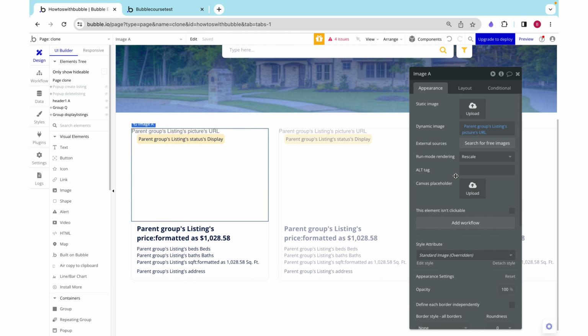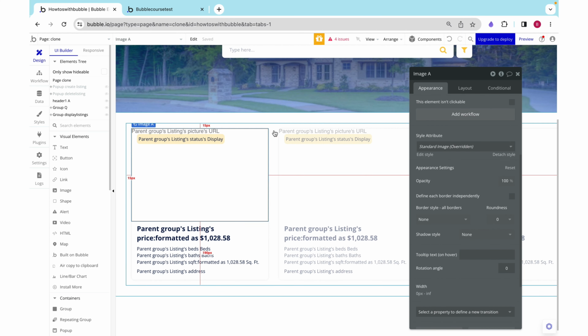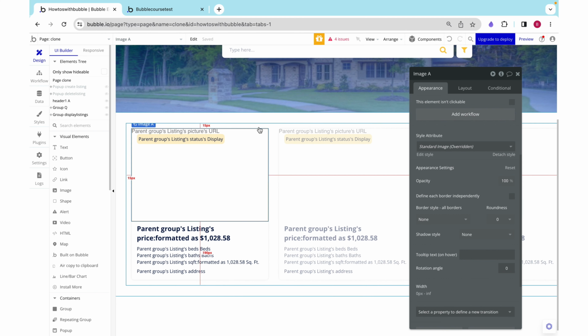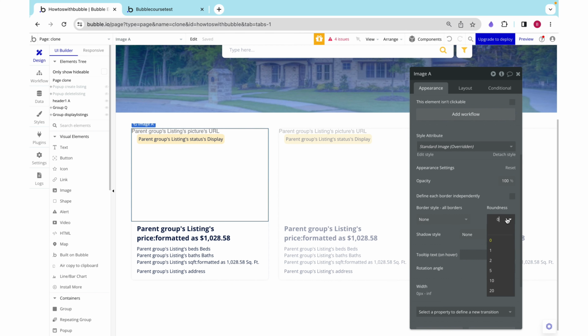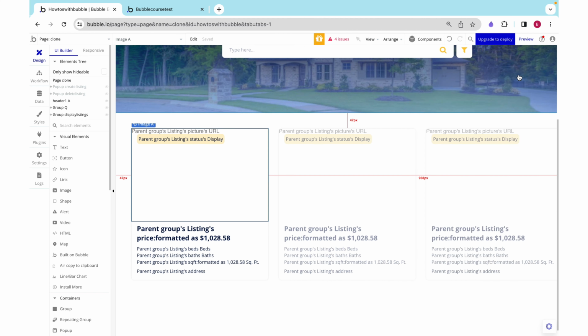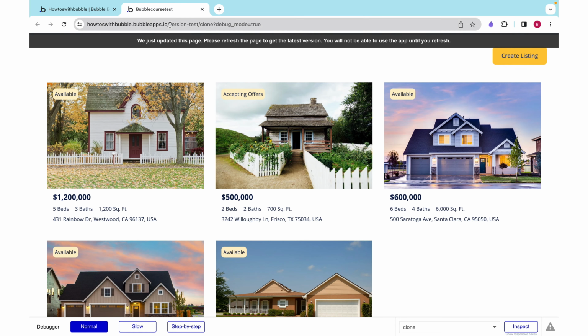Now I also want to go on our image, and this will have pointed corners, but I want to make it round to match with the roundness of the group. So I'm going to click define each border independently, and the top left and the top right are going to have 8 pixels of border roundness. We are going to preview this,